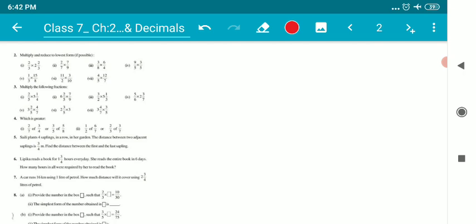Children, we have been dealing with a chapter, Fractions and Decimals, chapter 2 of class 7, and we are going to understand exercise 2.3, which is a very interesting thing to be learned, and there are a lot of things to be known about multiplication of fractions. So in this video, we will discuss how to multiply fractions with mixed fractional forms and all. So let us talk about question number 2, because question number 1 we have already done in the previous video.